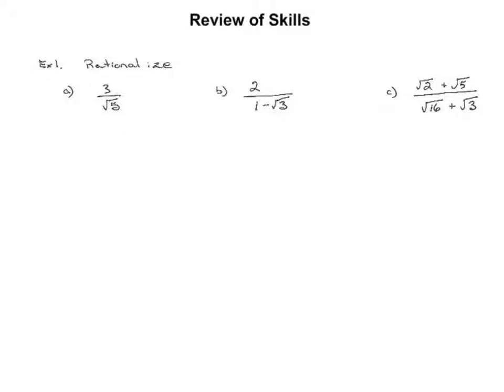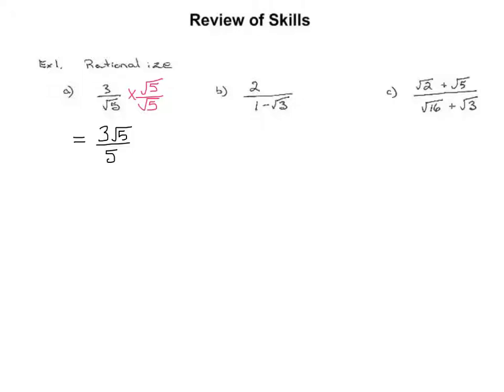Today we're going to do some reviewing of some skills. The big reminder today is rationalizing. When we of course have a monomial we're trying to rationalize, we want to multiply both numerator and denominator by that root 5. This of course will leave us with 3 root 5 in the numerator and 5 in the